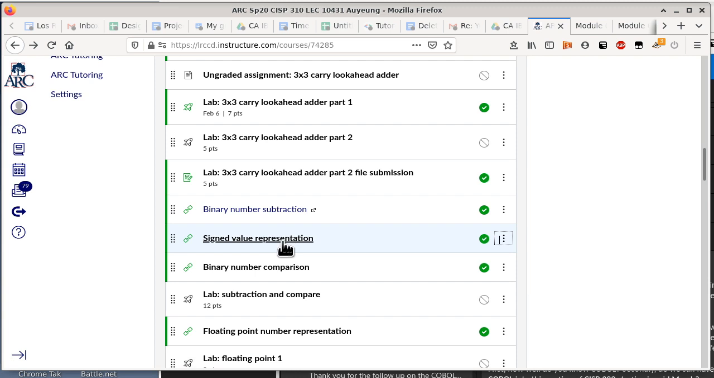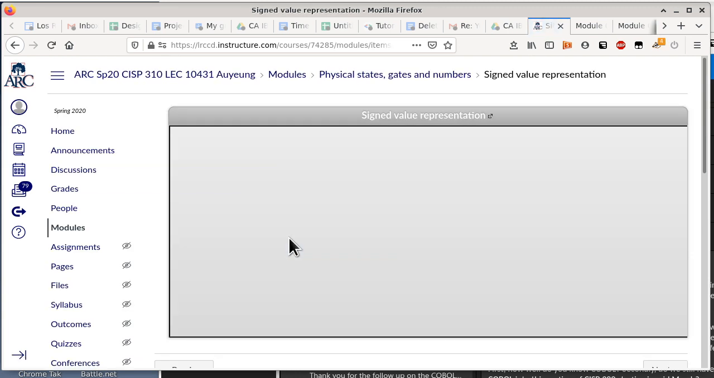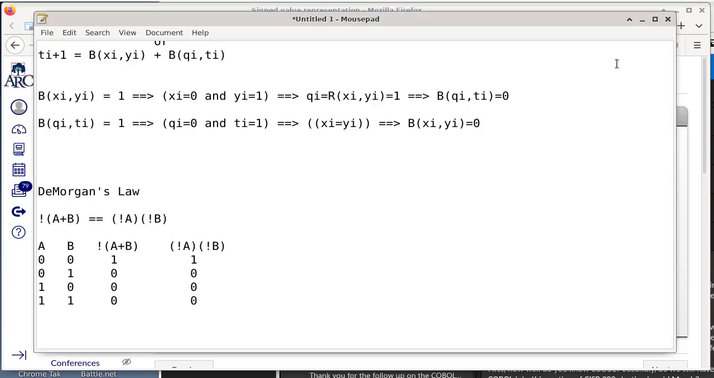Binary number subtraction, signed value. OK, let me check. Yep, so it works now. I'm going to fix the other one, but thank you for letting me know. OK, all right, so getting back to what I